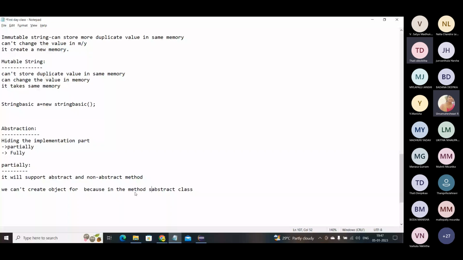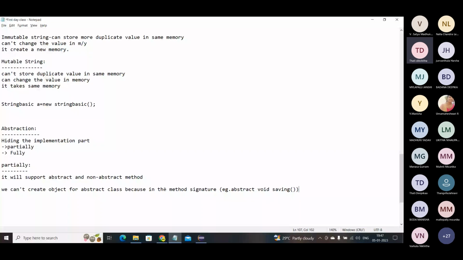A method signature example is abstract void savings. This is a method, an abstract method signature. We cannot create an object for an abstract class because in the method signature